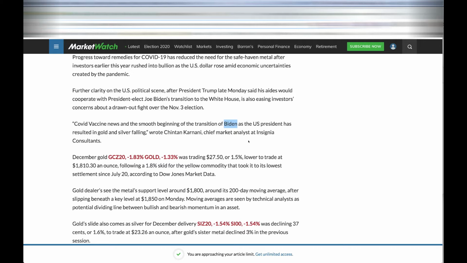If next year in March, there is no president in office, how will the markets react? Pretty badly, right? They're not going to react very well. And it will be sort of the worst case scenario for the markets. If there is a president running the country, it is a better scenario than having no president at all. It doesn't matter from which party. This is what the market is saying. It's saying that, okay, there's clarity in this situation, so we can move forward.